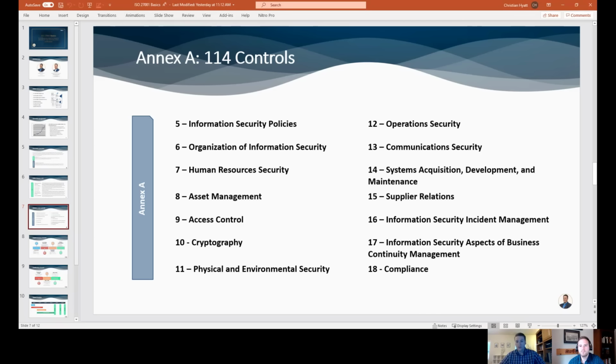Yep. Section 12 is operation security. Section 12 is an interesting one. I see a lot of my clients kind of have to think hard about how to implement some of the controls there, because it's really all about the way that the organization operates the various controls.